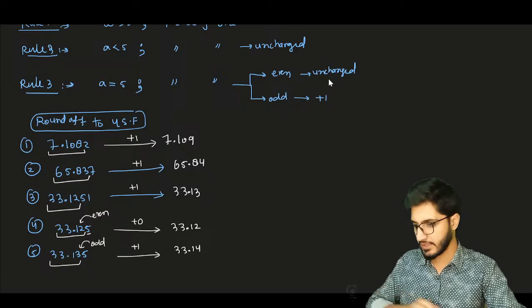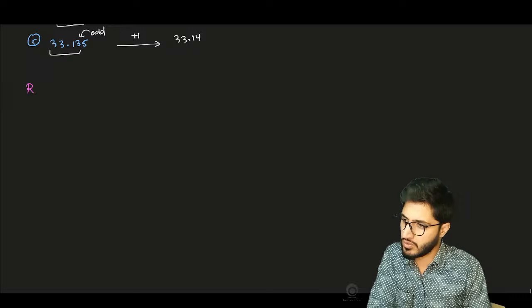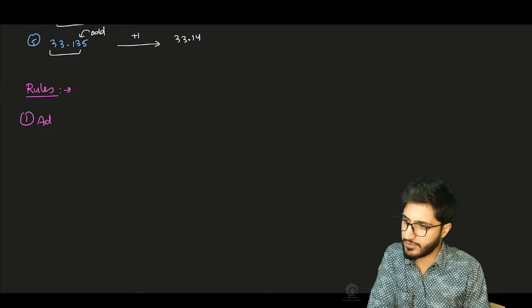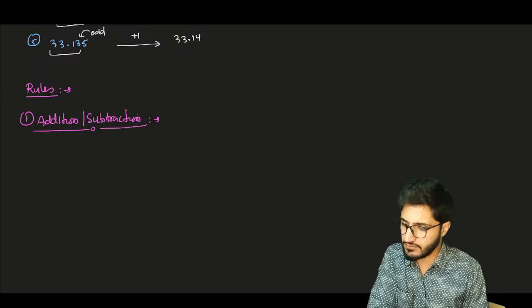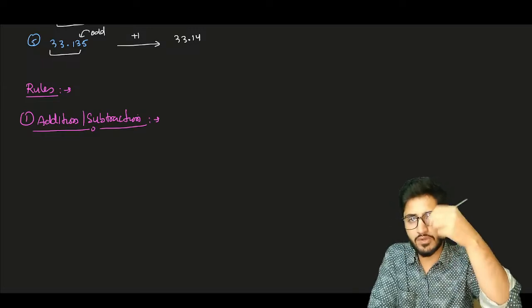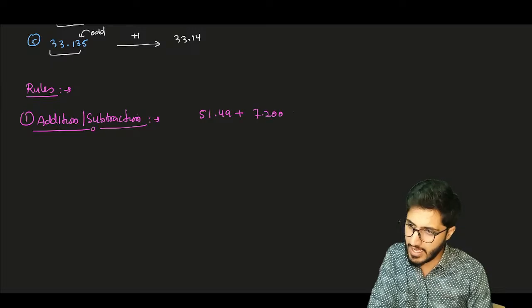Now we are having rules. First rule is addition and subtraction. So we have to place decimal on decimal, right? So if it is 51.49, we have to add this with 7.200. My answer came out to be 58.4